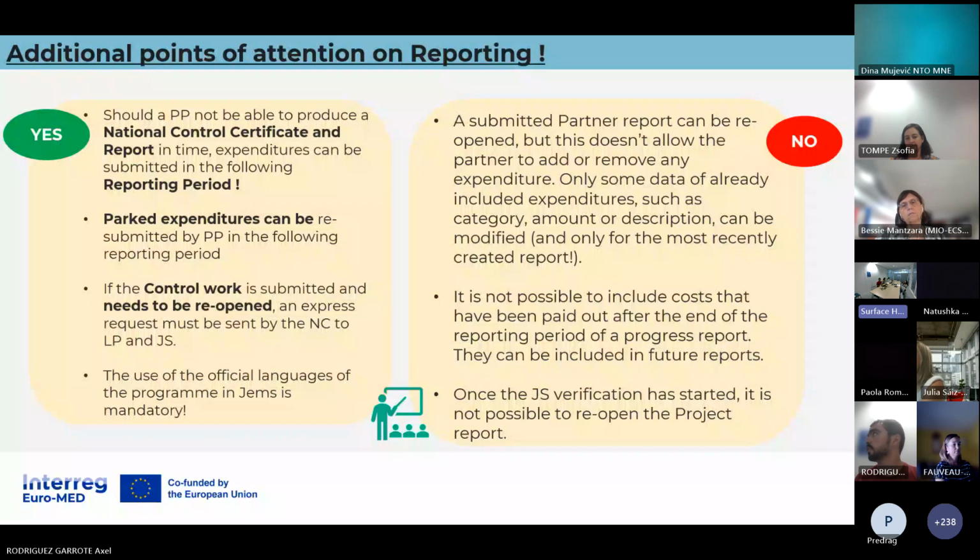Of course, it's only under very well justified reasons. And once the verification of the Joint Secretariat has started, I will explain it to you, it's another report on the system, when this verification has started, this reopening of the project report cannot be done anymore. So you must be in close contact with your project officer for coordinating all this.